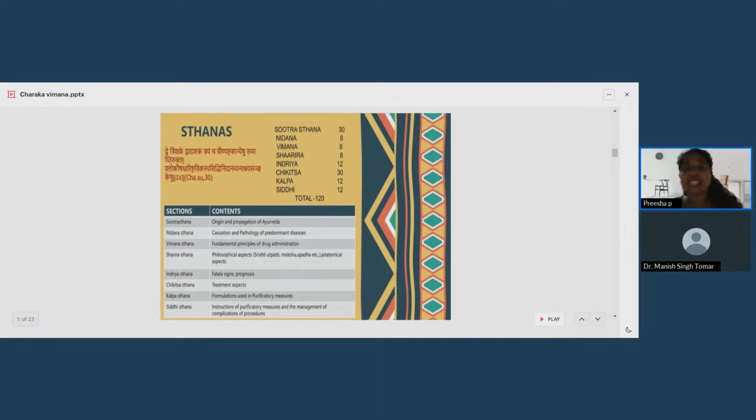Then coming to the Chikitsa Sthana. The Chikitsa Sthana is also called the Aushadhi Sthana, Gupta Sthana, Rahasya Sthana or Sreshta Sthana. In that, Aushadhi Sthana, there will not be any difficulty, because Chikitsa of course is dependent on the Aushadhi. Sreshta Sthana: Charakastu Chikitsite. So Charaka has already told about the Chikitsa as one of the Sreshta parts. So Chikitsa Sthana is the Sreshta Sthana and Aushadhi Sthana, both you will get.